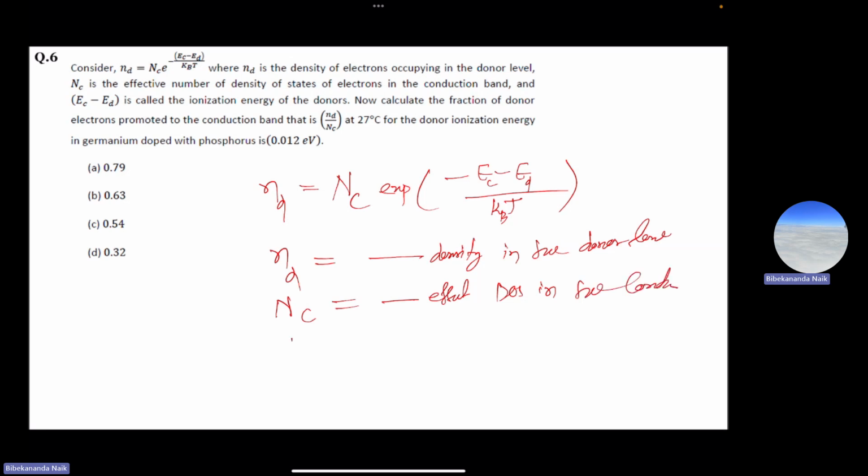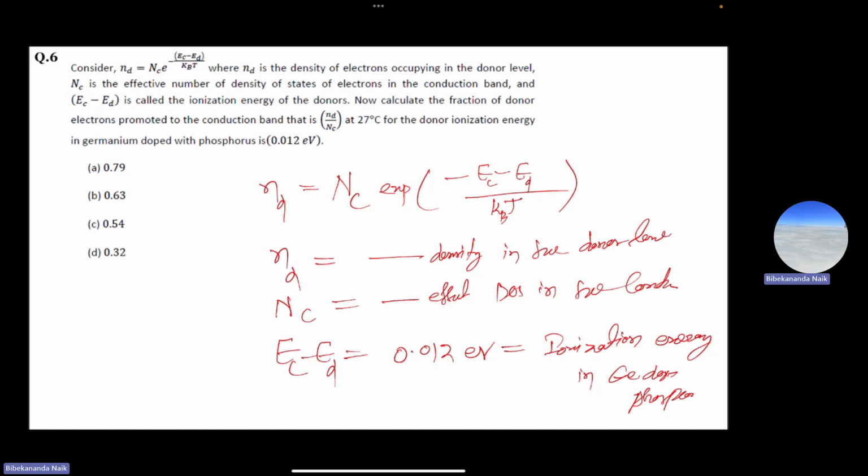Ec minus Ed is the ionization energy, and this ionization energy is given as 0.012 eV. That is the ionization energy in germanium doped with